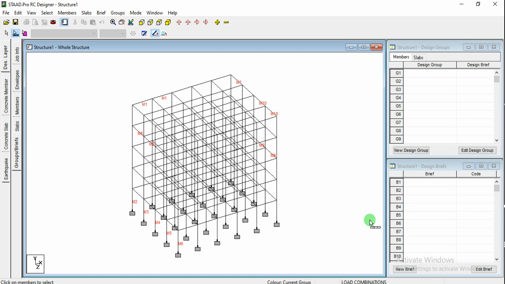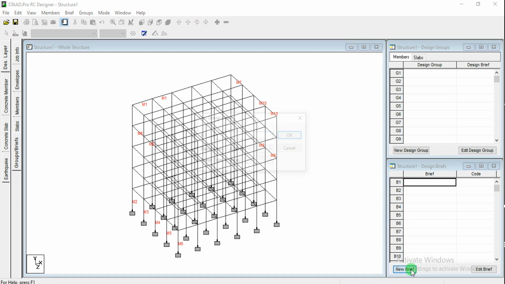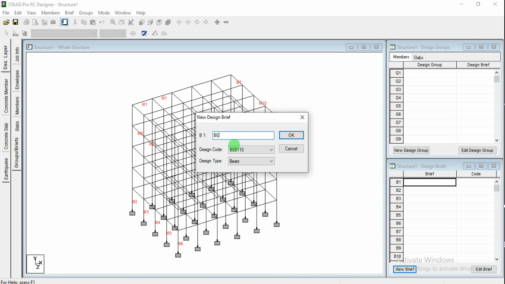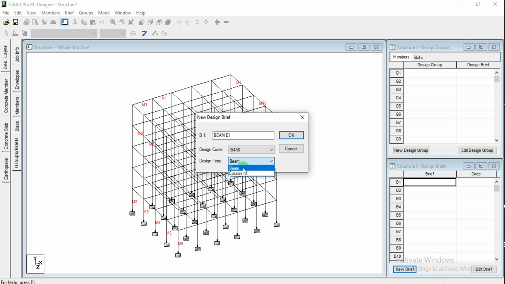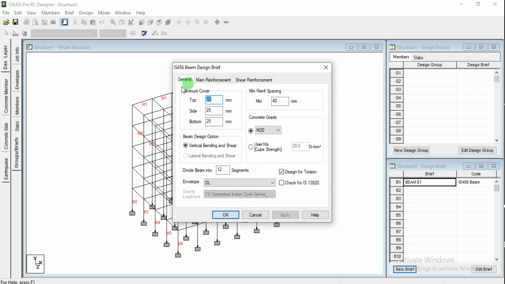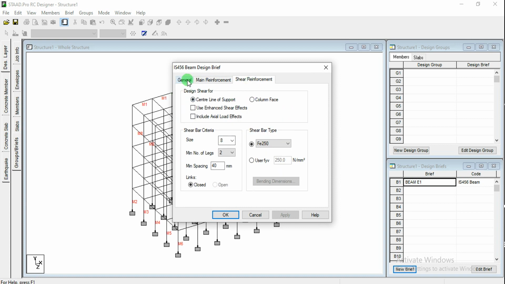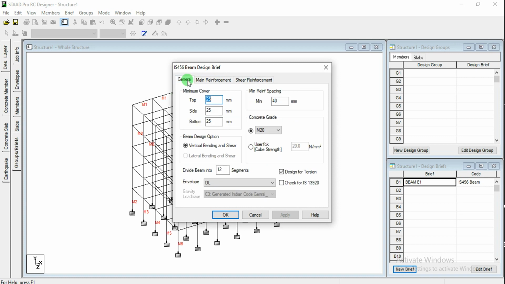Okay, as per our Indian standards, I mean as per the Indian code, we are able to design for column and beam only. We are not able to design the slab directly. So click on new brief here and just name it. For example, I want to give beam designs, okay, and I want to apply for envelope 1. I'm going to give BE1, okay, or beam E1. You have to select the Indian code, and under design type just select beam here and click on OK. And here you can see that some parameters have been coming here, as seen in normal design in previous videos.